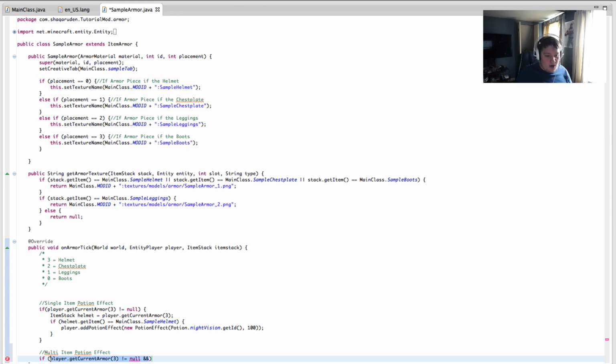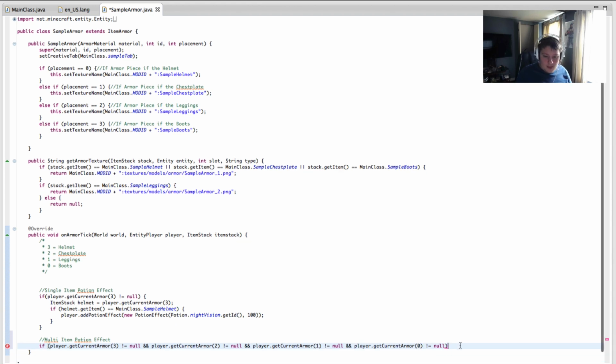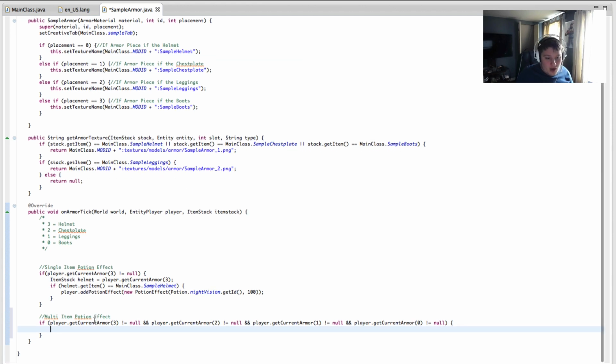And. Now we can copy all of that and paste it 3 more times like that. So you should have 4 of these in total. And then you just want to change this to 2. Change the second one to 2. So current armor 2, then armor 1 for the 3rd one, and then 0 for the 4th one. If those are all not equal to null, then we want to set